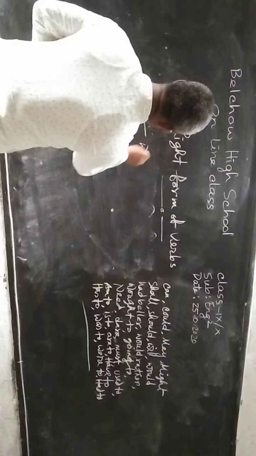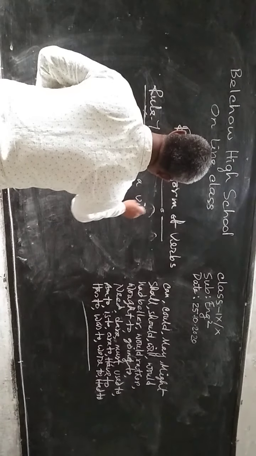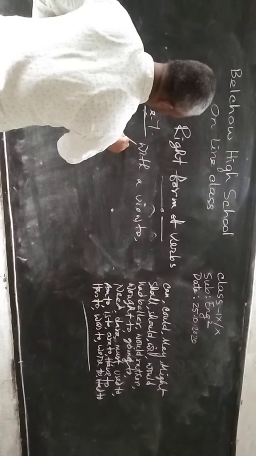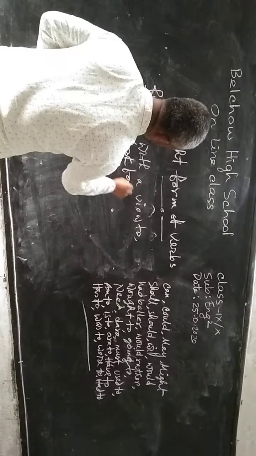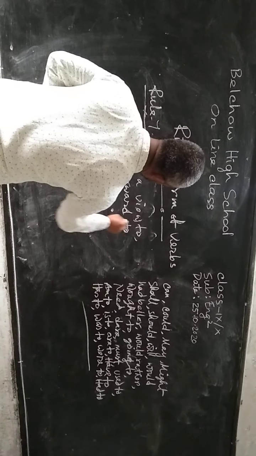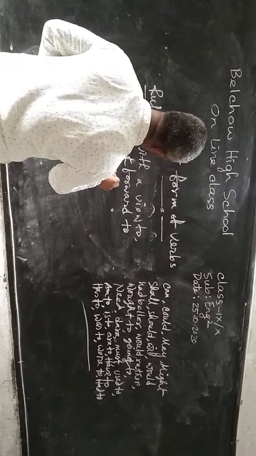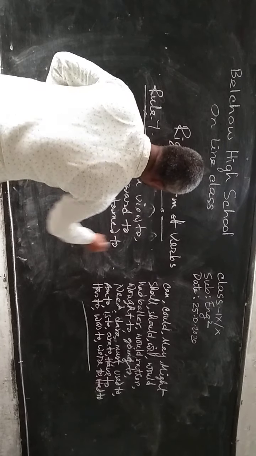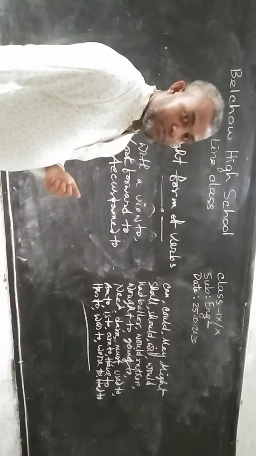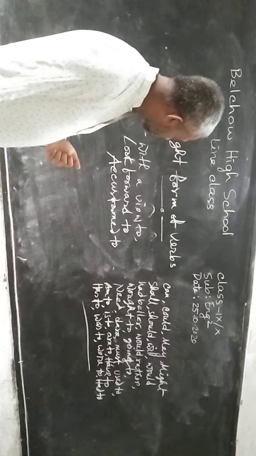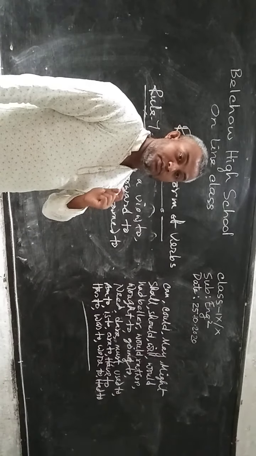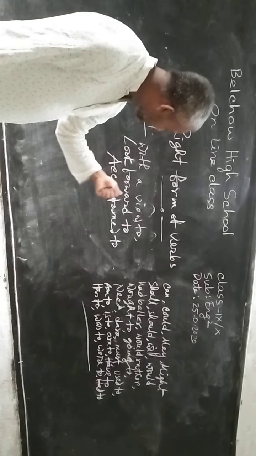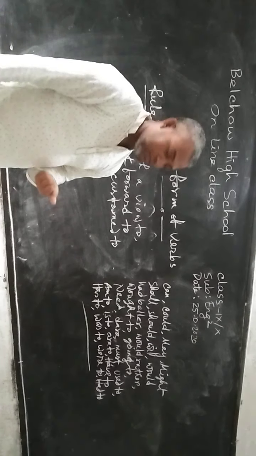Rule 7. With a few phrases with to: with a view to, look forward to, accustomed to. Before, I have discussed with you that the base form of the root form of the verb must be used after to, but when we use to with these phrases, with a view to, look forward to, accustomed to, etc., we have to use